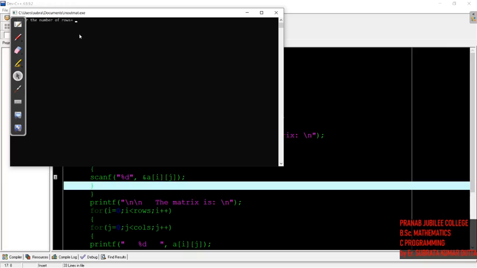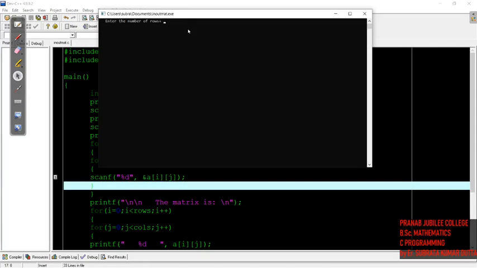Let's see the output here. Let's give the number of rows as 2, and the number of columns as 3. Now we'll enter the elements.